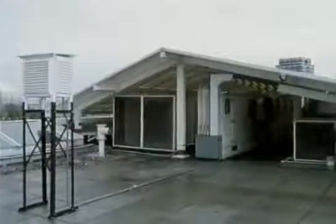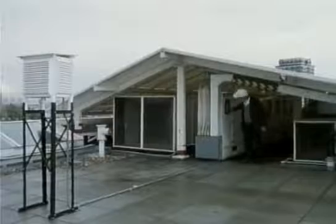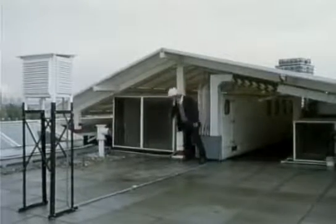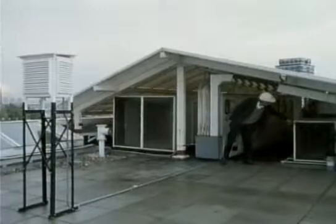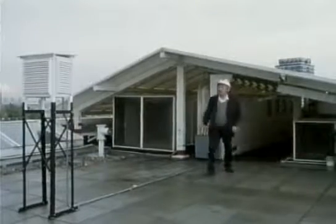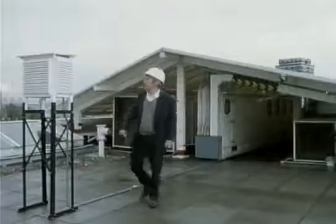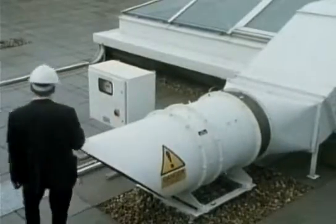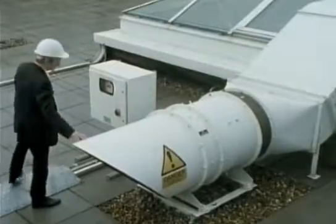Even the roof is quite busy with control panels for some of the air conditioning, ducts and fans to suck air into the building, and other ones to take the stale air out. Then there are temperature sensors and other weather detectors, emergency extractor fans to suck smoke out of the atrium in case of fire,